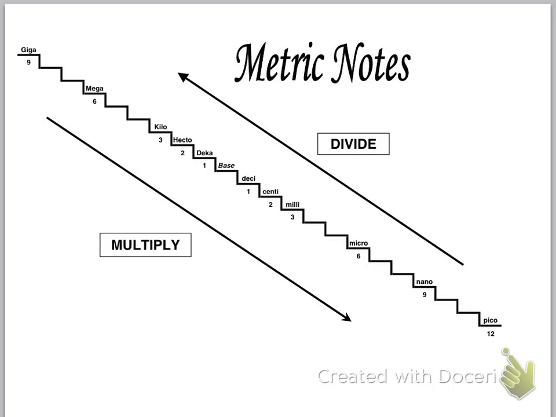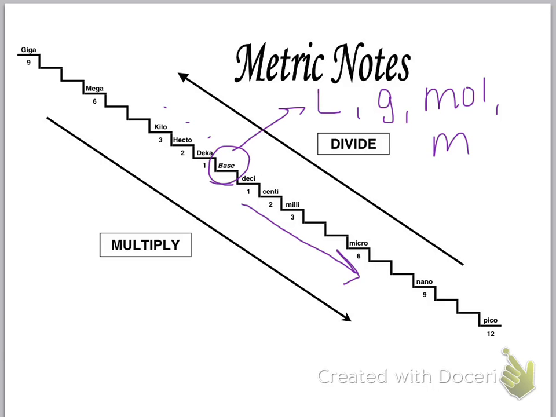So here's the stair step that I like to do, just to kind of give you an idea of how the metric system is set up. The key here is the base unit. The base unit is anything like liters, grams, later on we'll talk about the mole, meters. That's your base unit. So anything that doesn't have a prefix, like our prefixes as you see: giga, mega, kilo, hecto, deca, any of those. So as you go down this way, it takes more of them to make